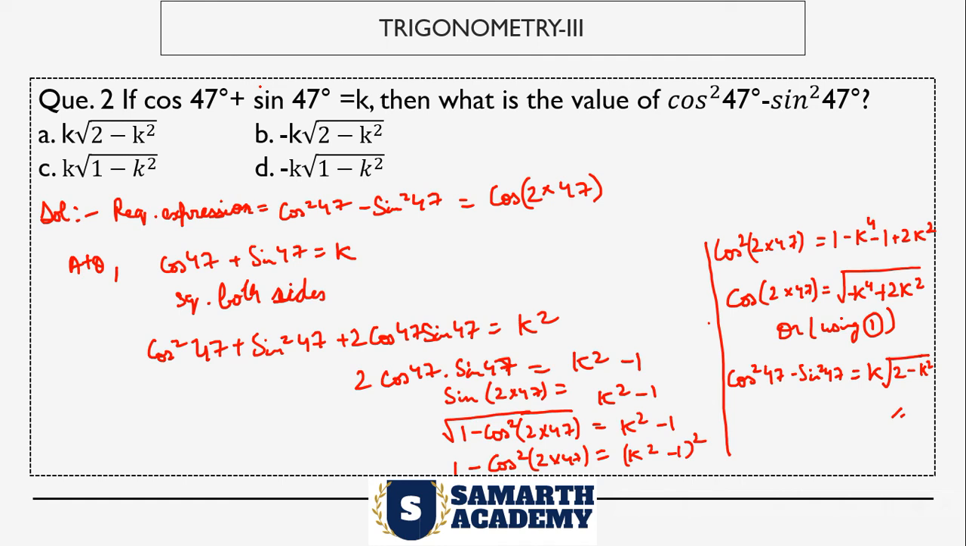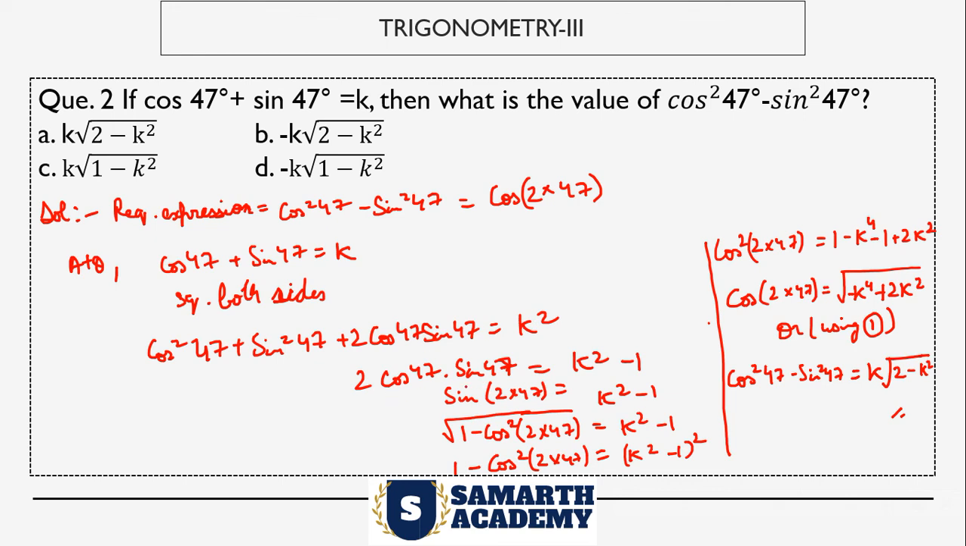If cos 47 + sin 47 equals k, then what is the value of cos²47 − sin²47? The required expression is the same as the formula of cos 2θ. So cos²θ − sin²θ is equal to cos 2θ. According to the question, cos θ + sin θ equals k. Squaring both sides, we get